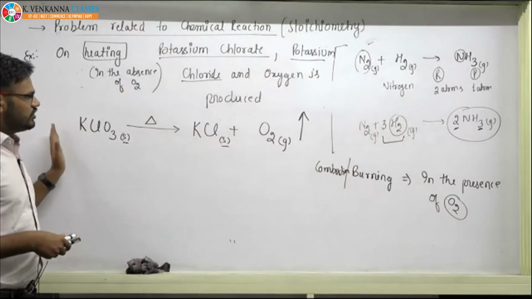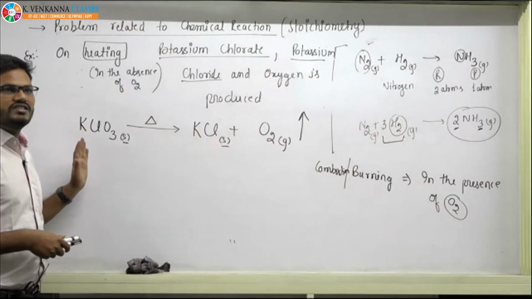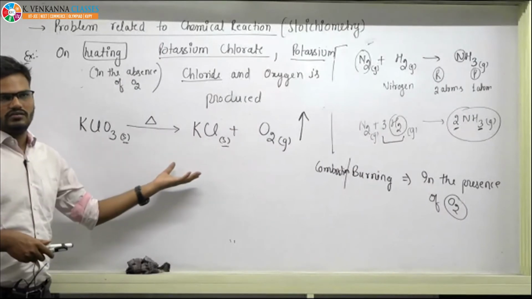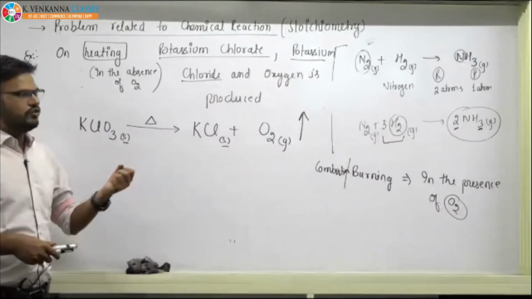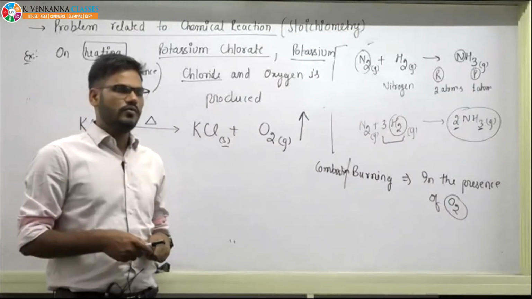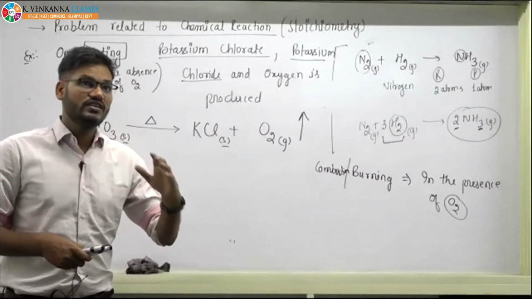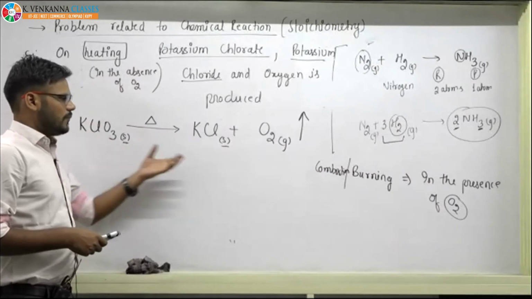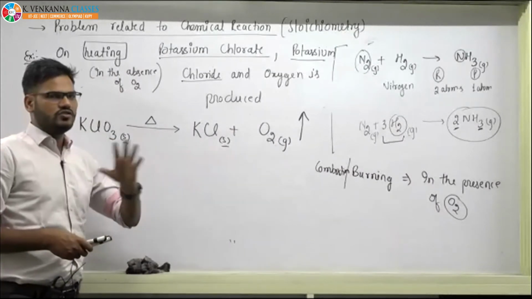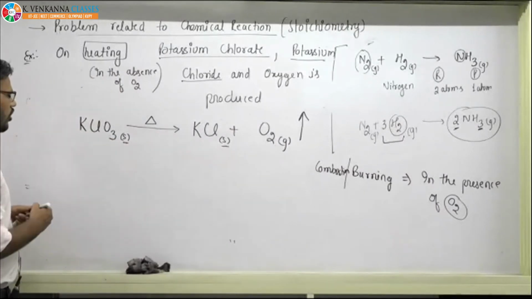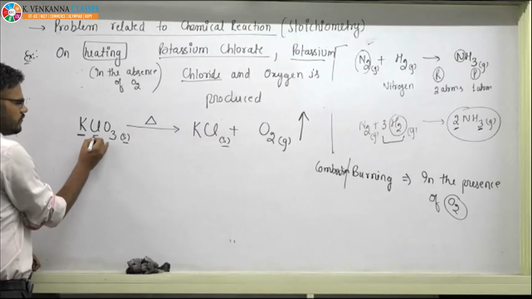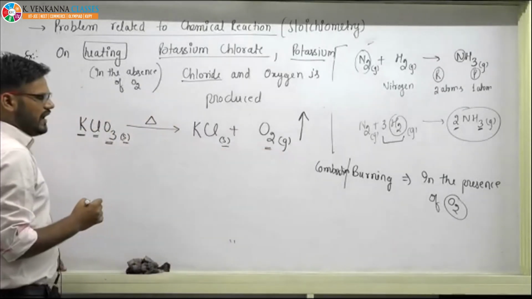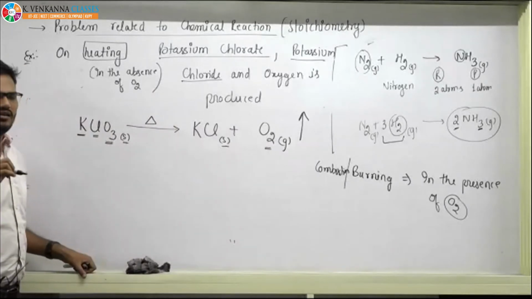Now this equation is unbalanced. The skeleton only represents the reactant and product, but it does not tell you the exact molar ratio of the reactant and product on heating. So you have to balance, because here you see it is 1, it is also 1, but it is 3. If you see this 3, here it is only 2. So we try to balance.